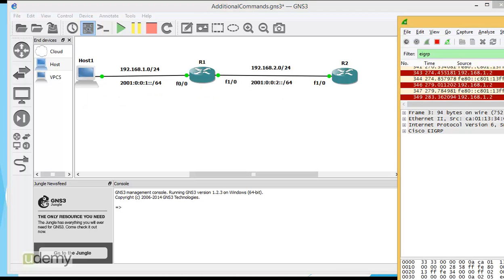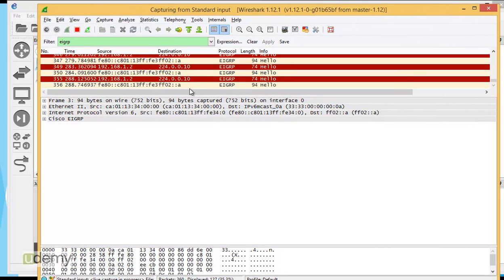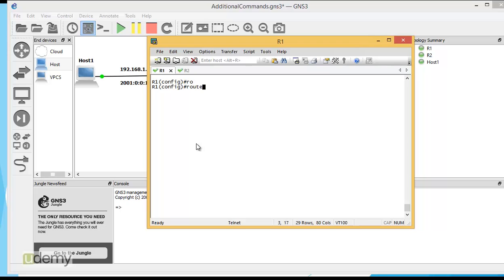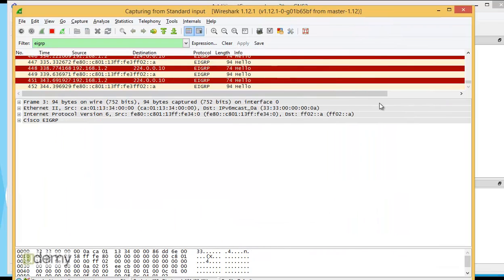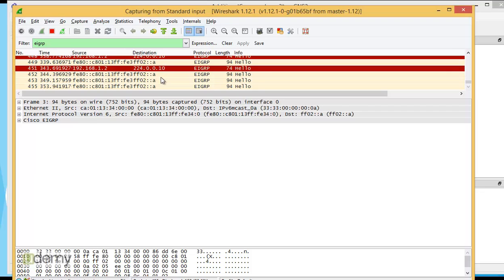I capture router 1 FastEthernet 0/0 packets here with Wireshark, and as you could see, hello packets are sent on this interface from IPv4 and from IPv6. Now we want to stop sending hello messages on interface FastEthernet 0/0 without changing the advertising of the related route. First, for IPv4, router eigrp 1, and here we say passive-interface FastEthernet 0/0. And now you could see that no other IPv4 hello messages are sent on this interface, and only